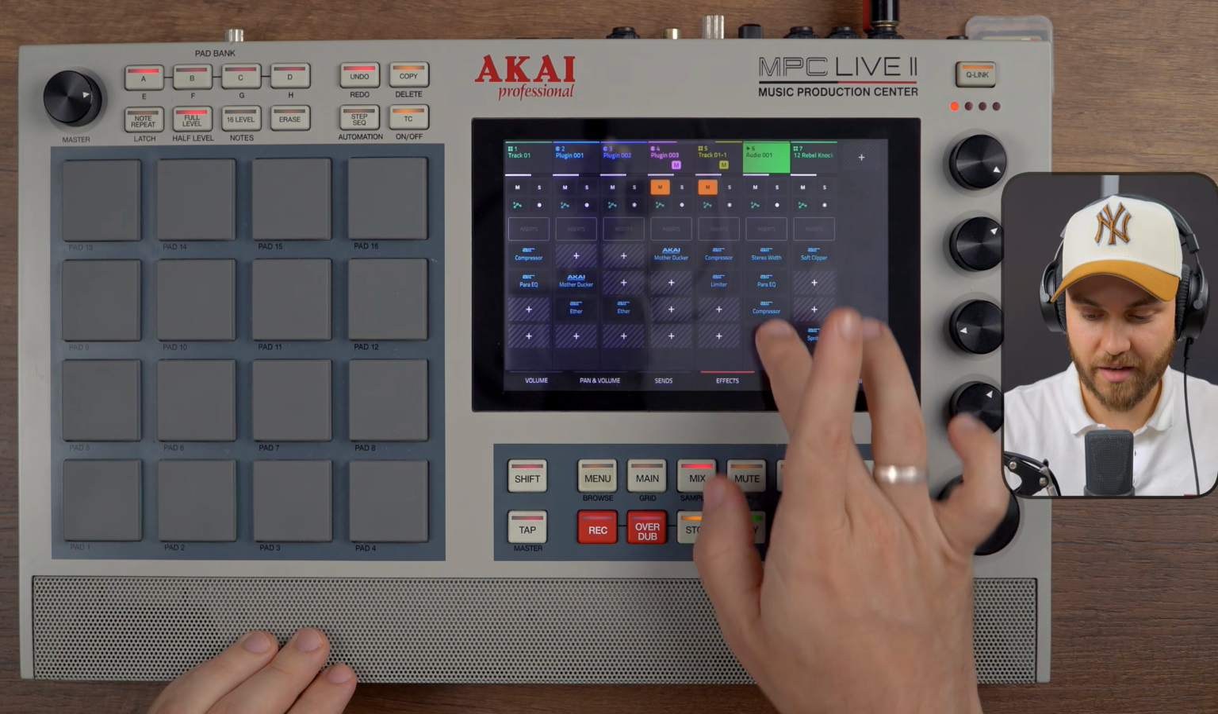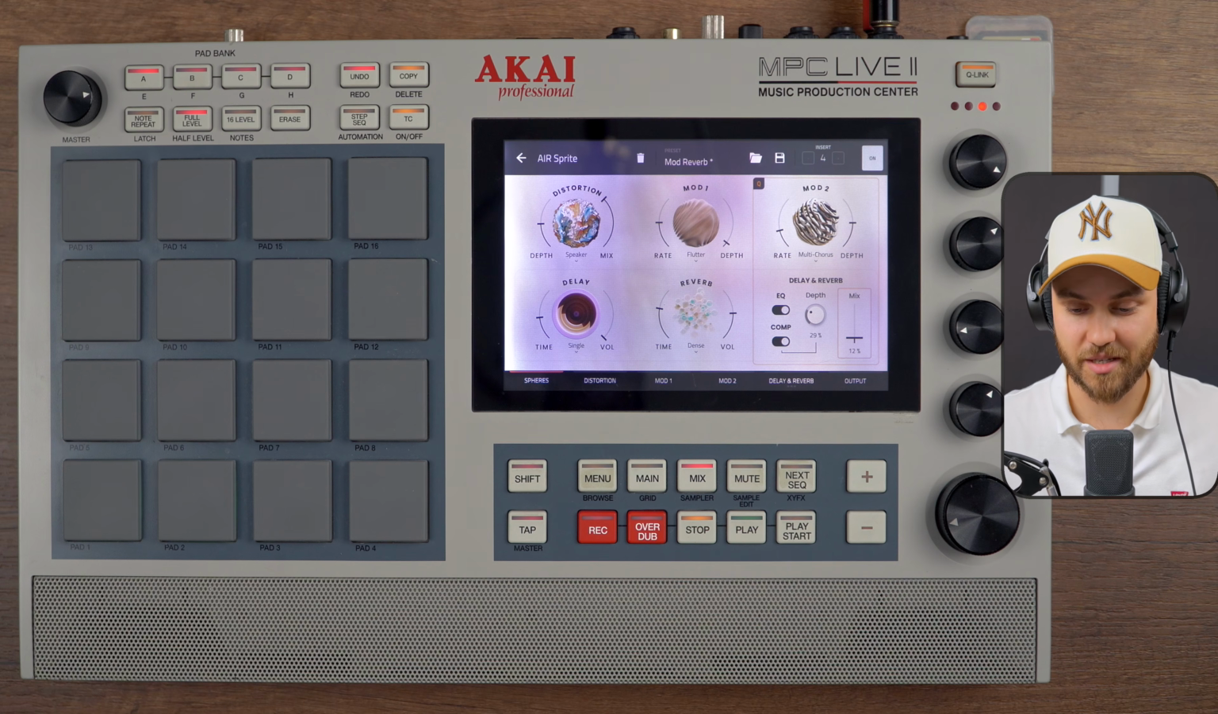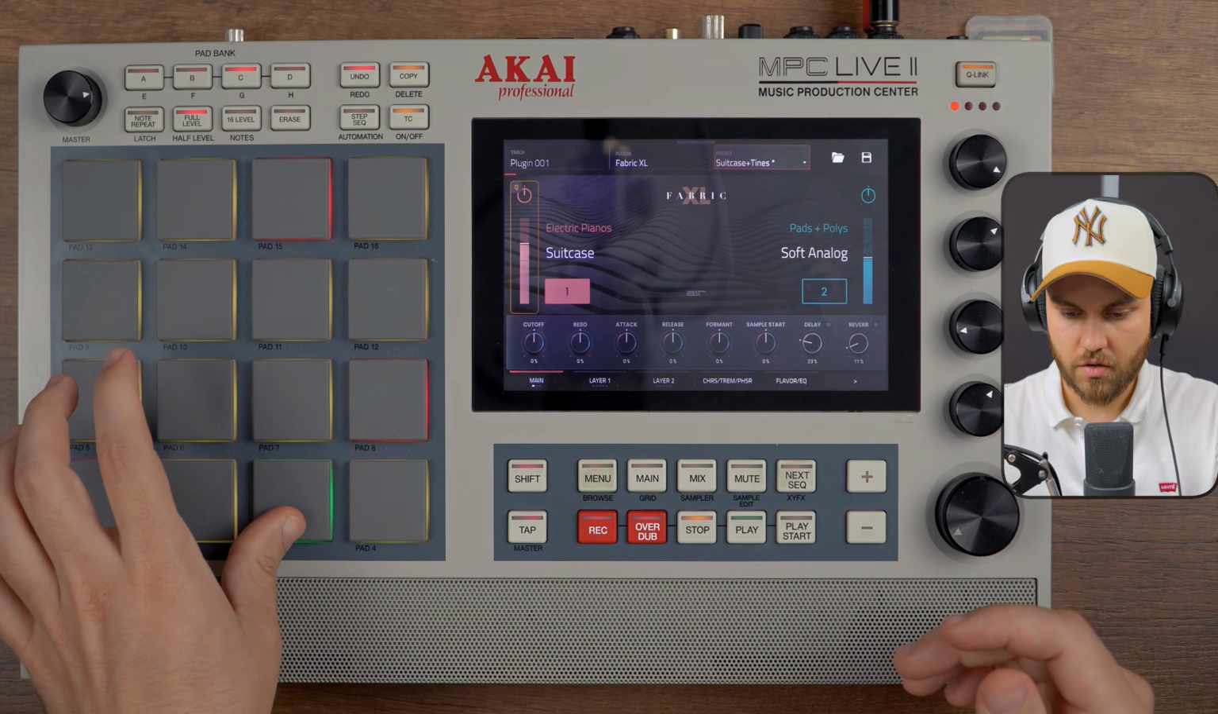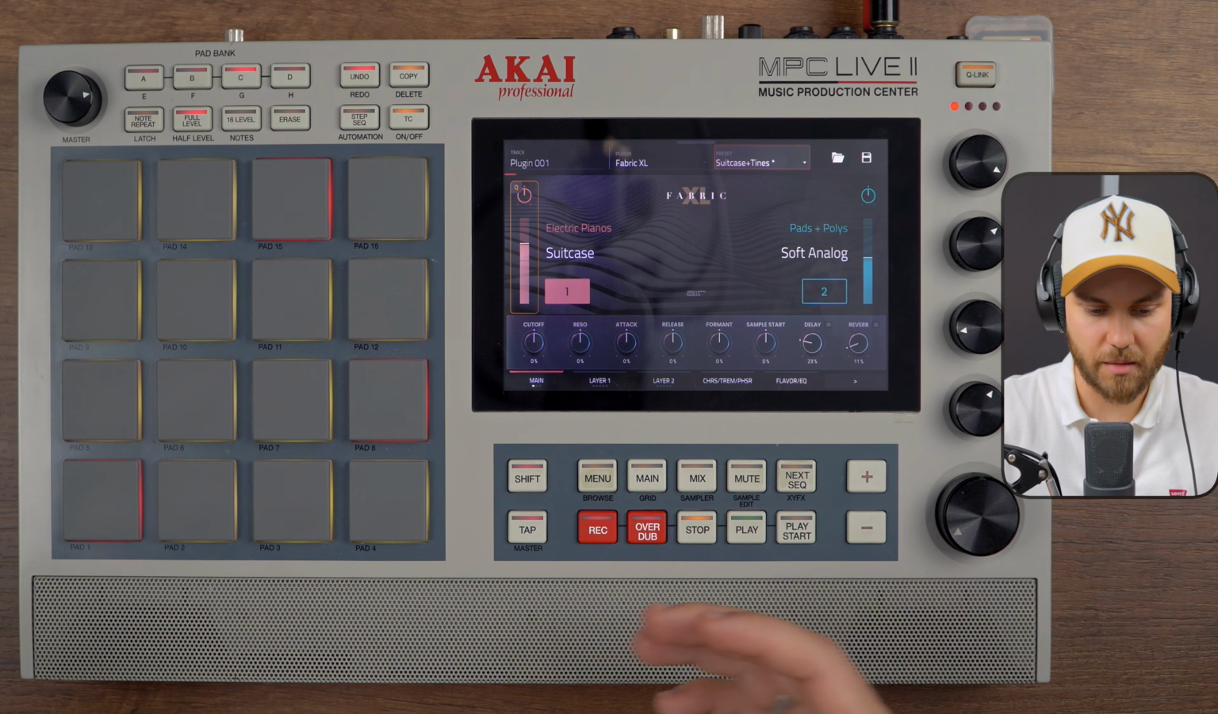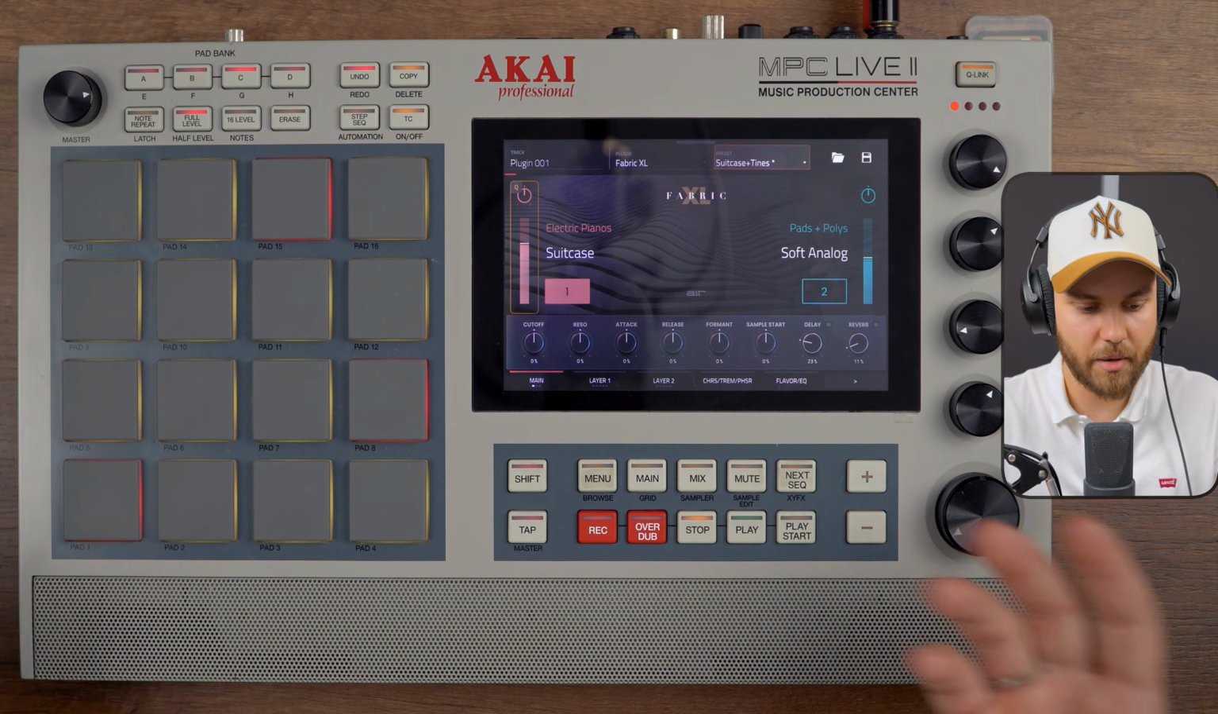And this is the plugin Air Sprite, just a very excellent reverb that you will definitely like. When I start producing, I quite often have this problem, and I think you've been there yourself. I would open a nice plugin, for example Fabric XL, go through presets, find some sound that maybe I enjoy, but then when I try to create some catchy, interesting melody, I end up having something like